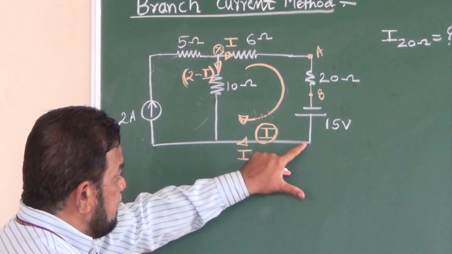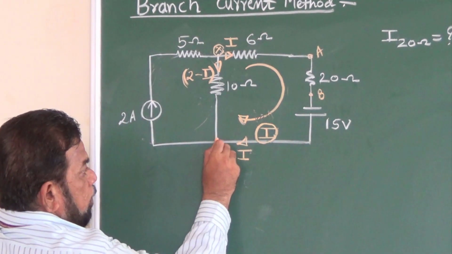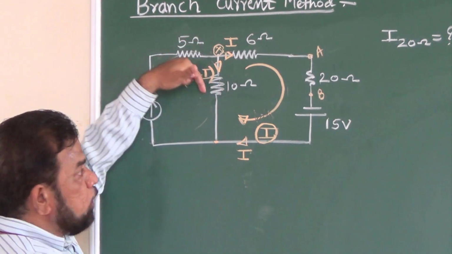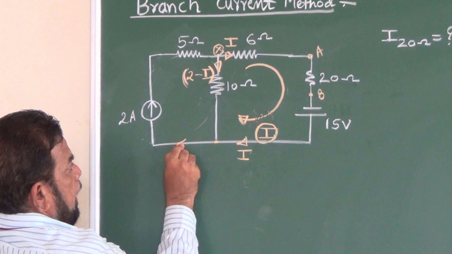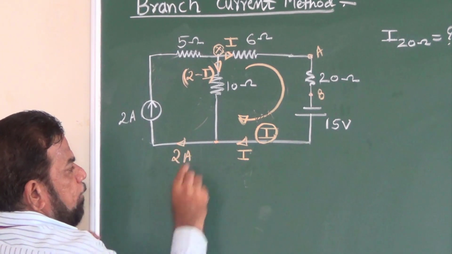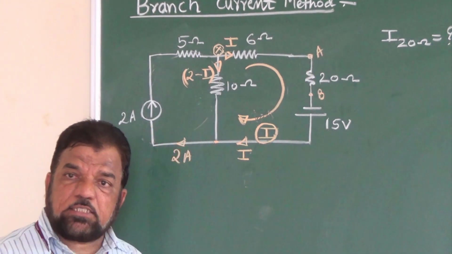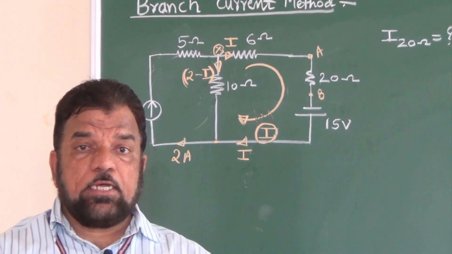Now whatever the I current is there, that is coming up to this node, and in a downward direction you have 2 minus I. These 2 currents get added, and here you will get the current of 2 ampere, which is the given current source. So whatever the current assignment is there, that is correct.